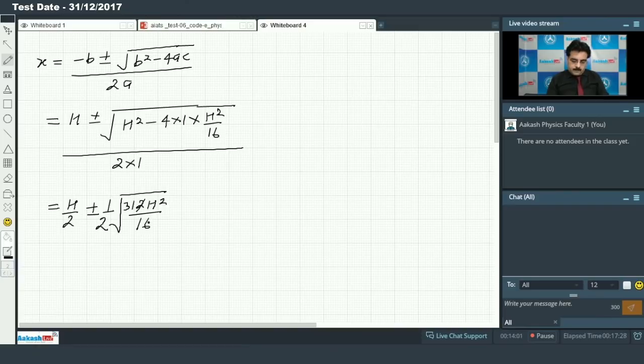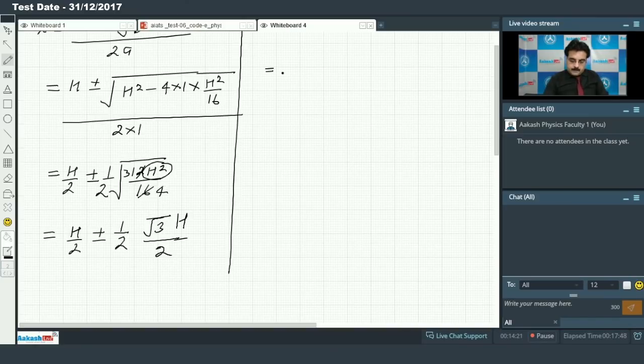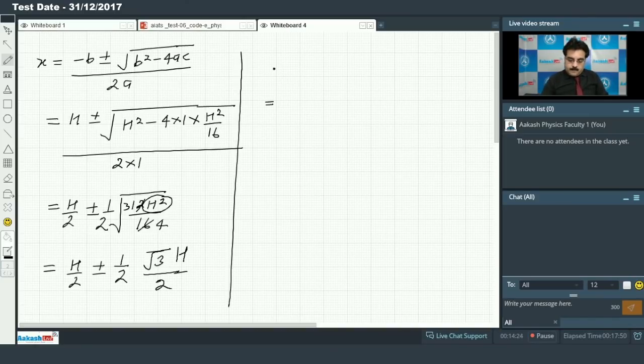So 4 3s are 12, 4 4s are 16. So I have H by 2 plus minus 1 by 2 root 3, but H in terms of square, so this is H, and divided by 2. So the final value of this is H by 2 plus minus 1 by 4 root 3 into H,